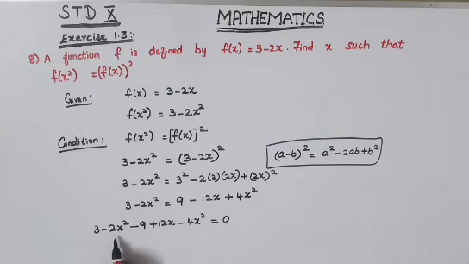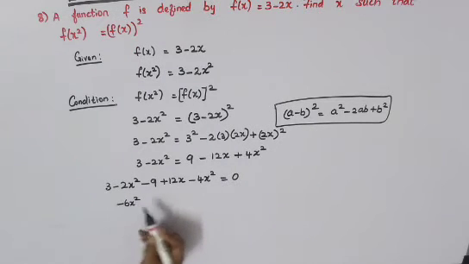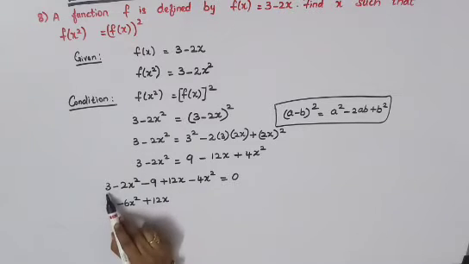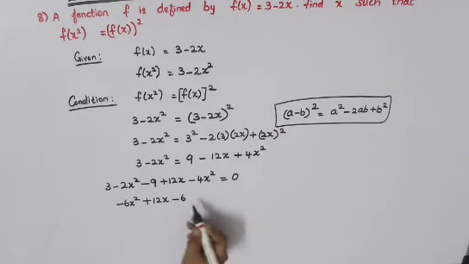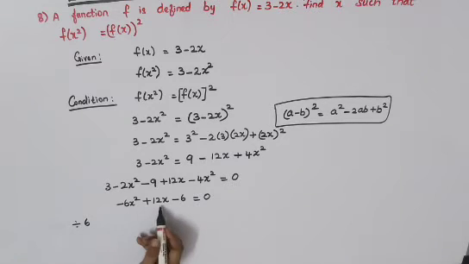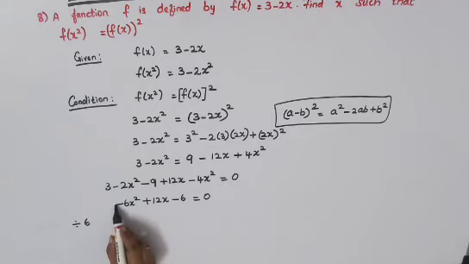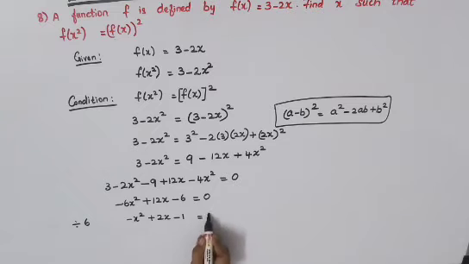So now just see your x square terms. Minus 2x square and minus 4x square is there. Minus 6x square and your x term is only plus 12x. And here constant is 3 and minus 9 is there. So this is plus 3 minus 9. So we'll get minus 6, which is equal to 0. You can divide this by 6 because everywhere you will have a multiplication of 6 over there. So minus 6x square will become minus x square plus 2x. Minus 6 is there, so we'll get minus 1, which is equal to 0.